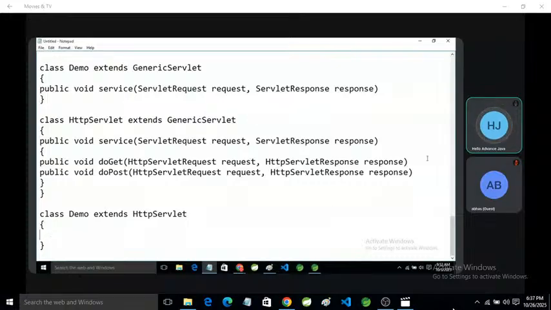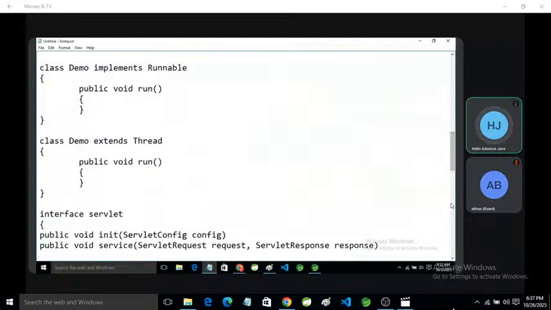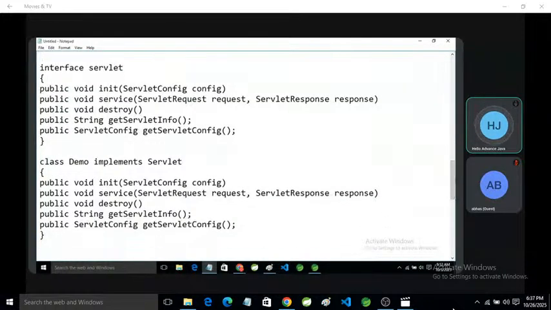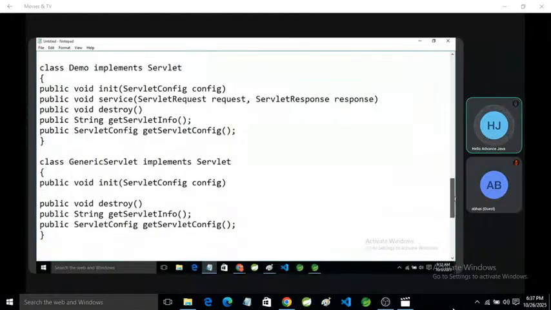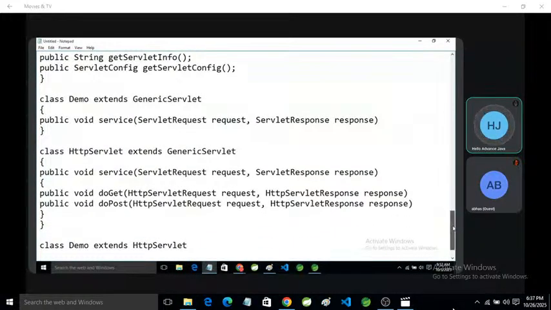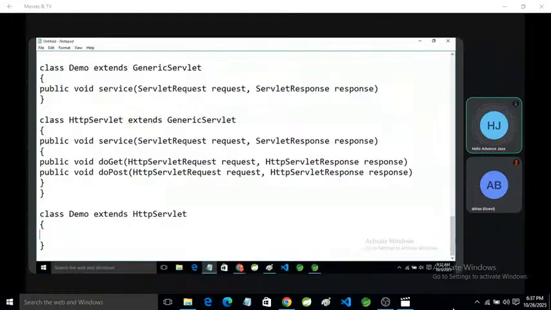So if you want to develop a dynamic page, we have three ways: we can implement the servlet interface, extend generic servlet, or extend HTTP servlet.